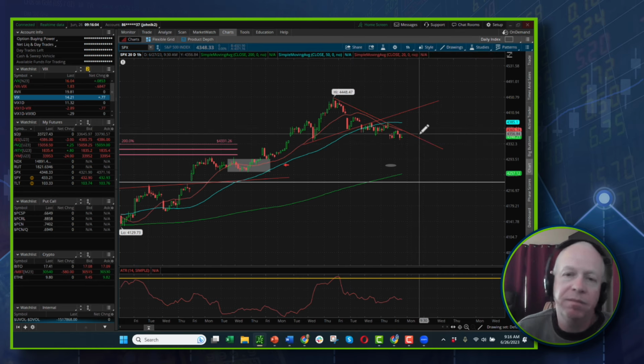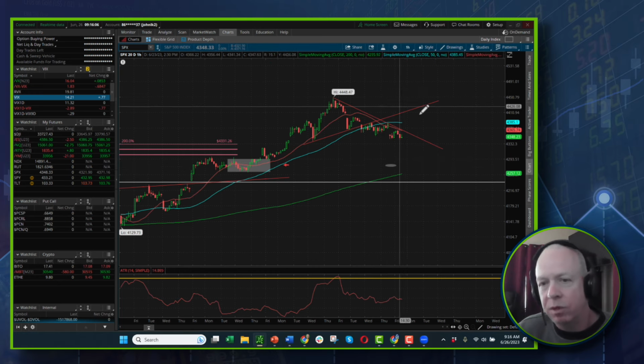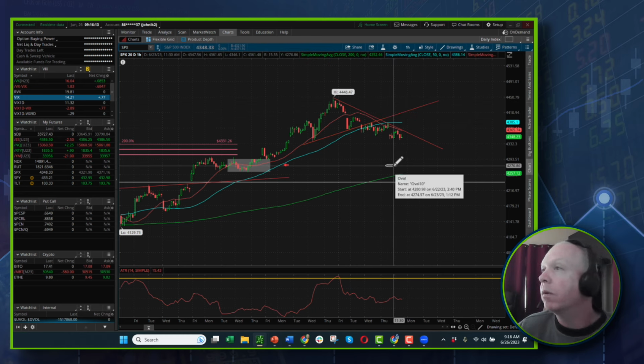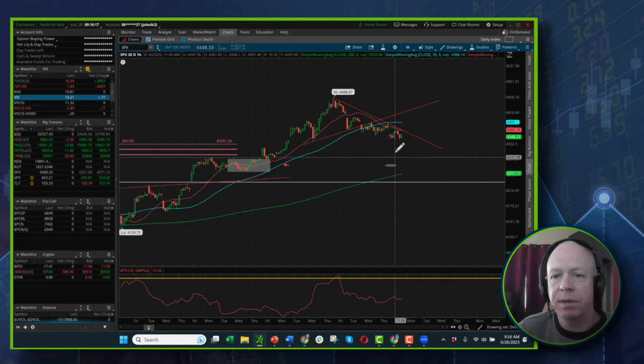If we see a failure here, that makes this less likely. We had another drawn trend line; if we see a failure of that, that makes this less likely. If we break over our neckline, this is gone for now. It may come back into play later, but this is no longer in play. Okay, so that's basically how that goes.